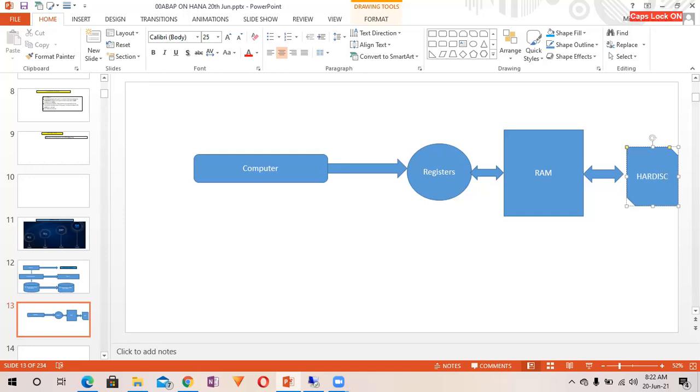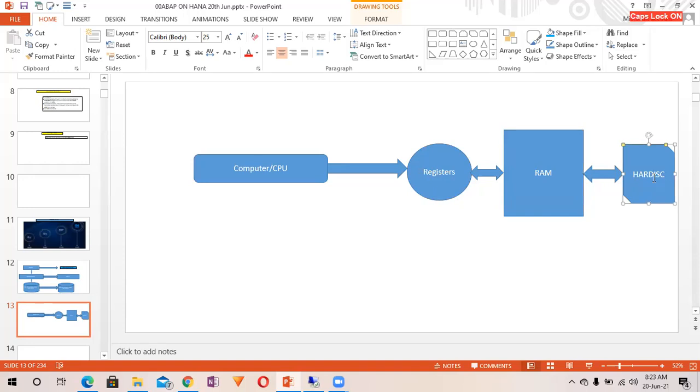Now you can see that this computer, mainly I'm talking about, is nothing but your CPU. When the CPU has to process something, it connects with the registers, and the registers get the data from RAM, and RAM gets the data from the hard disk.